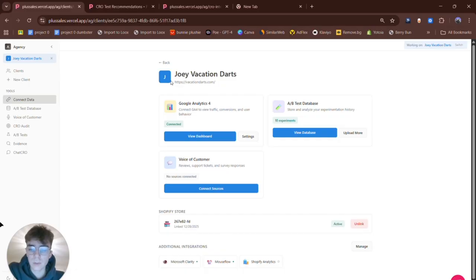One of the first things you'll see when you set up your account and your first client is being able to connect different data sources for your clients. For this client specifically, we've been able to connect to Google Analytics, their Shopify Analytics, Mouseflow, and Microsoft Clarity. We've also been able to connect their A/B test database, which is essentially all the past experiments we've run for this specific store, as well as voice of customer, which is any analytics tools, for example, reviews, support tickets, and